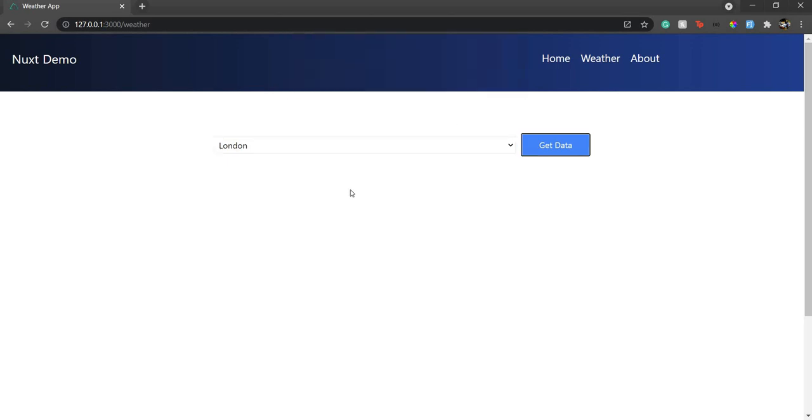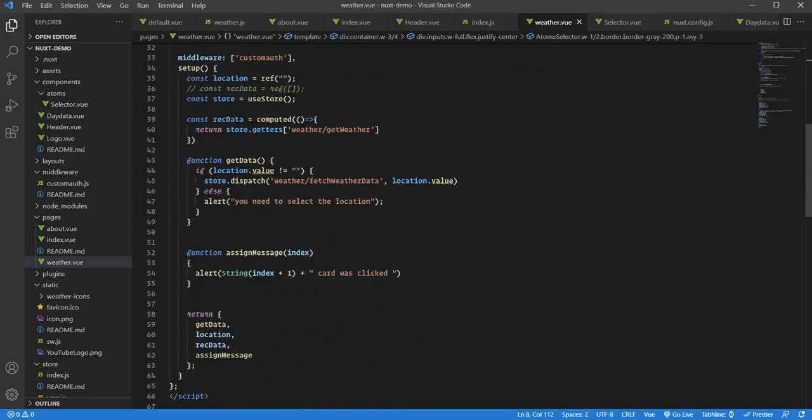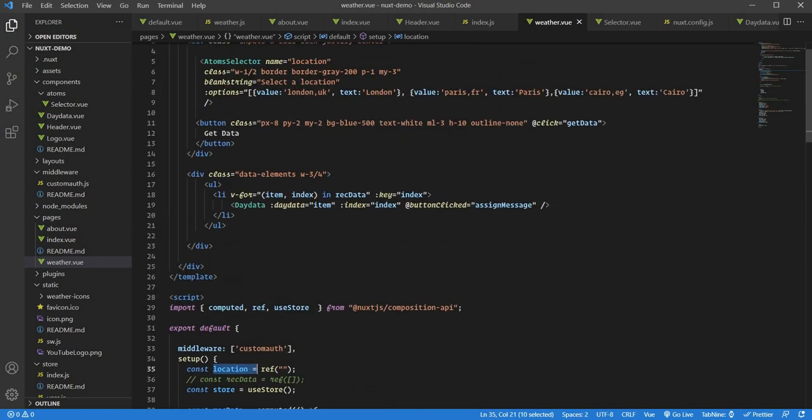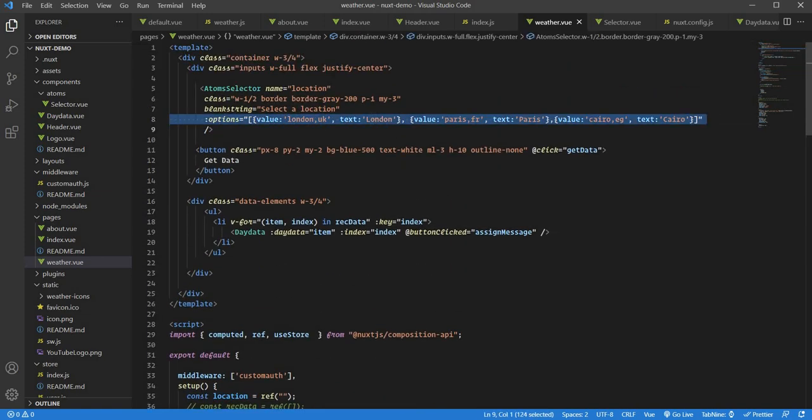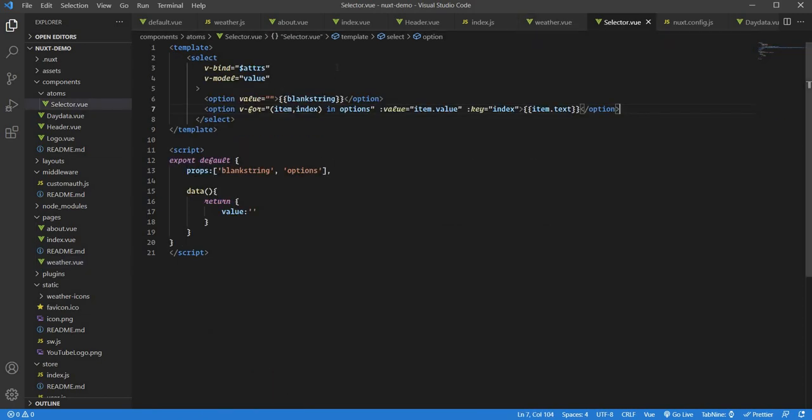Now, if you see, it's not binding our value to our location. So what location? The location we have over here, which we are using to call the API and get the details, which is nothing but the option value of this. It's not binding over here. So how to bind that value? So here we will say